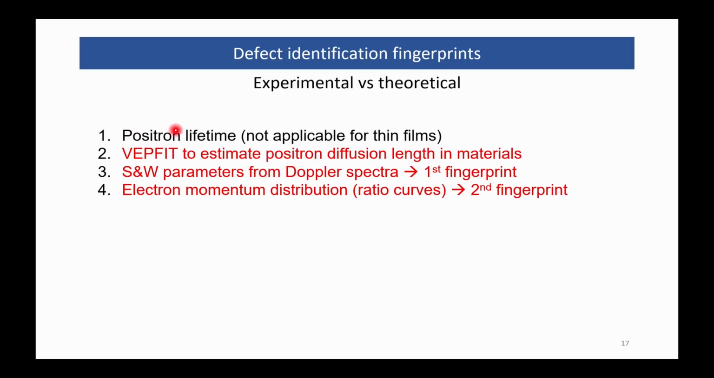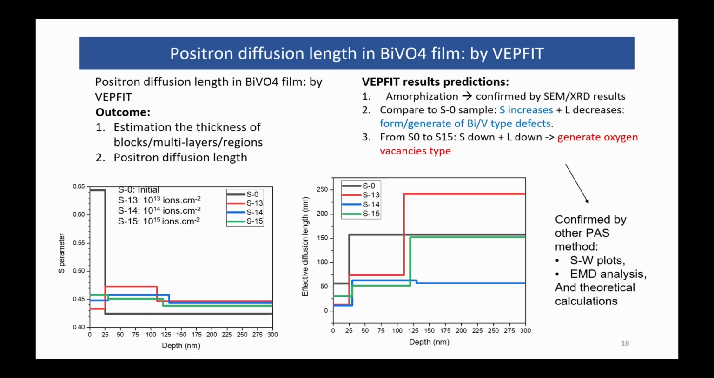First is positron lifetime, but it's not available for the thin film. The second is the web fit to estimate the positron diffusion length in material. And finally, the first fingerprint here is the S parameter I just mentioned. And the final is momentum distribution. This is the first and second fingerprint. So from the web fit,